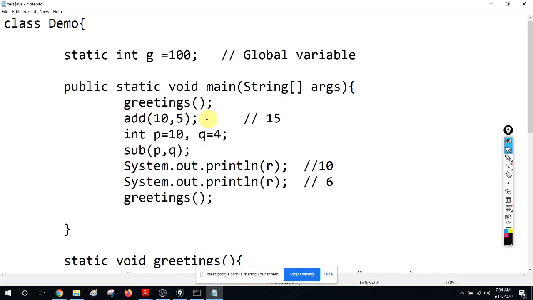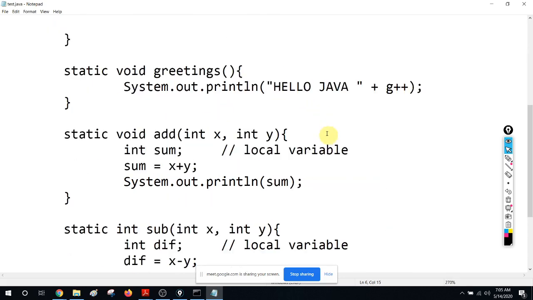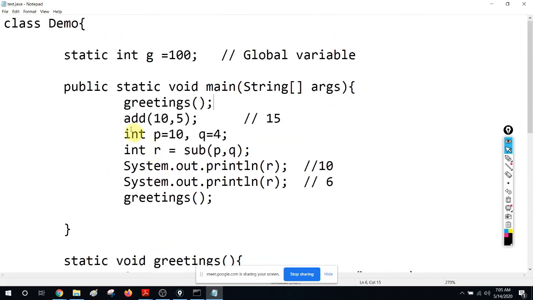If you do something like this, you are not going to get any compiler error, but you are not getting that value. So that means it's useless, right? But remember, you will not get any compiler errors. But this is the way you have to do it, right? And of course the concept of local variables and global variables. So if you have any questions you can ask.